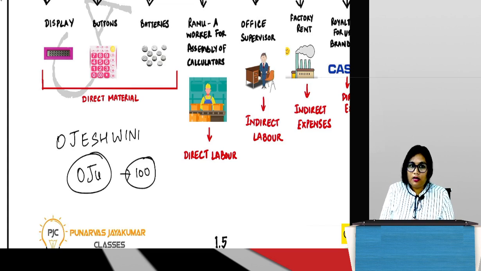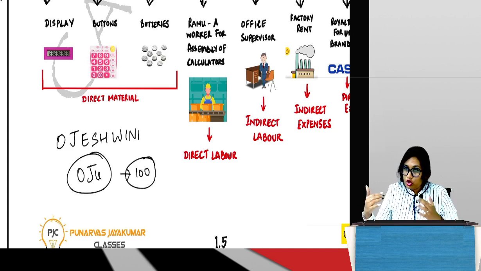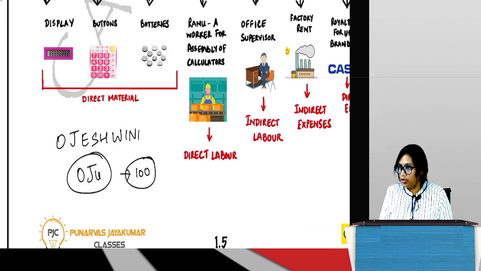She tells the uncle, uncle, you told me you will make sales for my calculator. Why haven't you made any sales? Not even one calculator is being sold. So uncle is very sorry. He says, Oju, actually the problem is students have come to my shop and have asked for calculators. I have kept your calculator only first because I know you are a young girl and you've just cleared CA, you're so talented, and this calculator also is very nice, features are excellent.